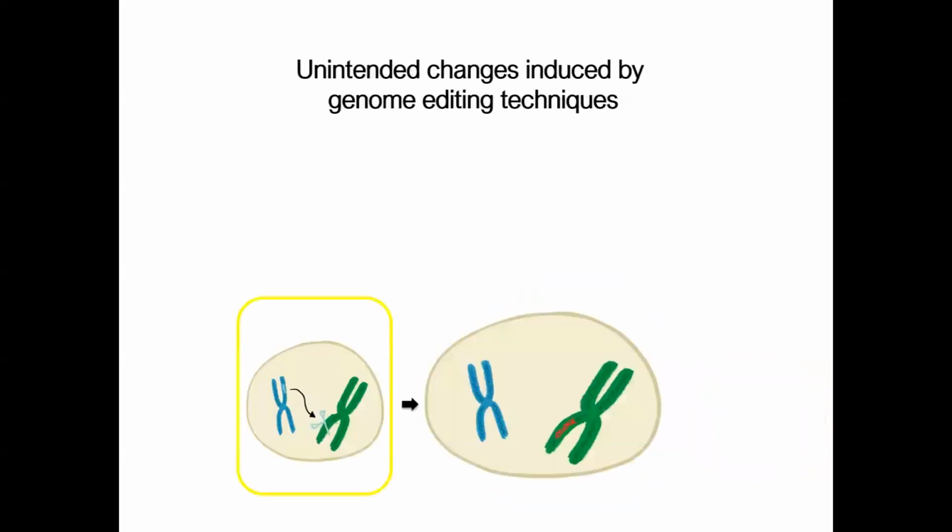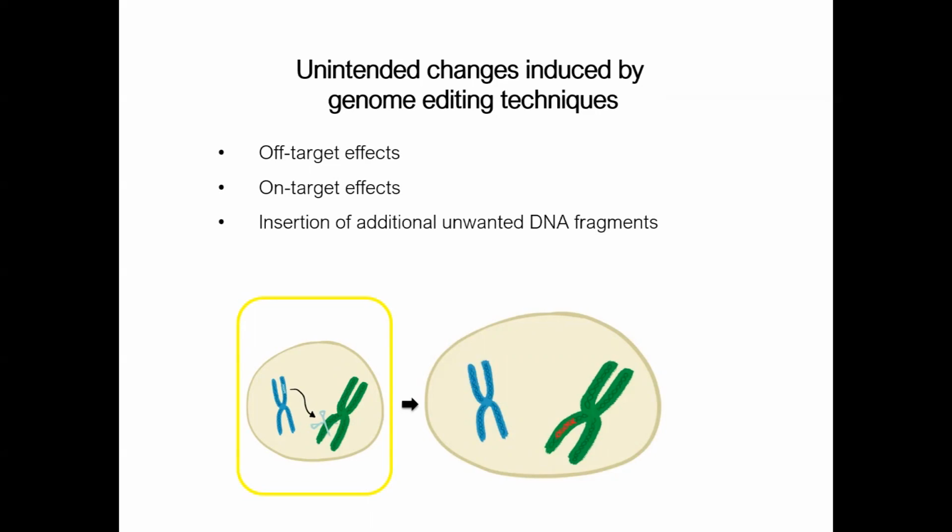Separately, with the new genetic engineering techniques of genome editing, such as CRISPR-Cas, unintended changes in the genome of plants can be induced. So-called off-target effects and on-target effects have been described many times in plants. In addition, unwanted DNA fragments can be integrated into the genome, and new gene products can be formed unintentionally. In the illustration, you can see yellow points representing off-target effects, which I will explain to you in more detail now.